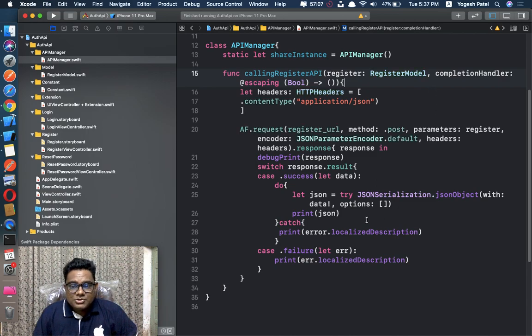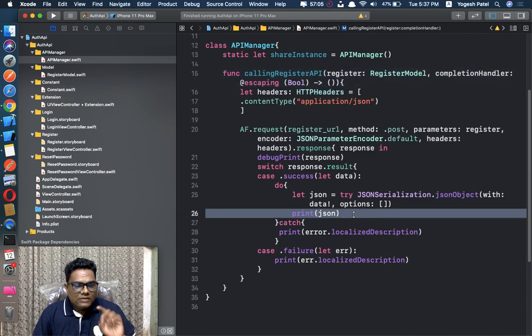Okay, so one thing guys, if you get the status code 200, then you have successfully done. Okay, you have registered successfully. In any API, if you get the status code 200, then you are successfully done, your things are done. So I'm just going to check one thing. If the status code is 200, then successful. If not, then we just write the completion and false for that.